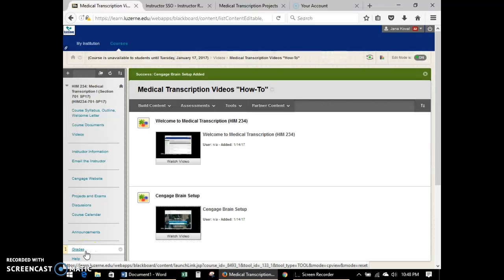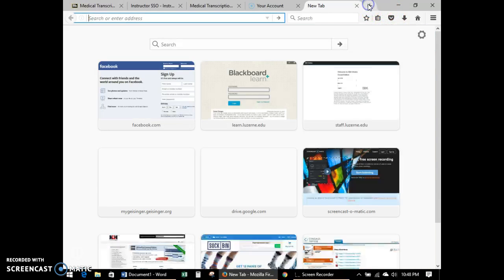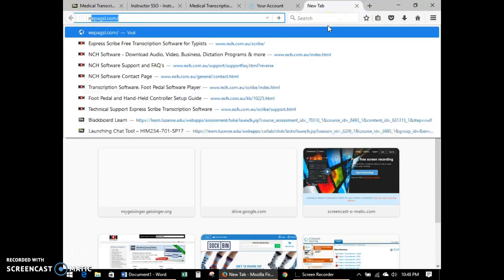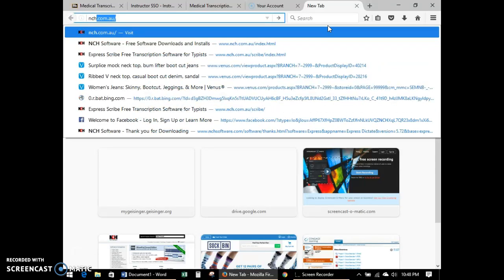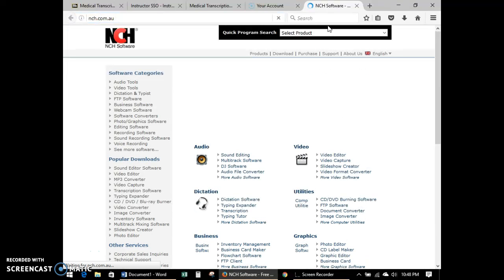All right, now since we set up our Cengage site, now what you need is the actual transcription software. Within the directions in your textbook and in your welcome letter, it tells you that you need to download the NCH software. So if you open up a new tab and you go to nch.com.au, it's going to take you to the software